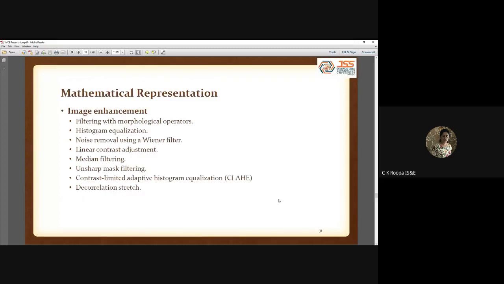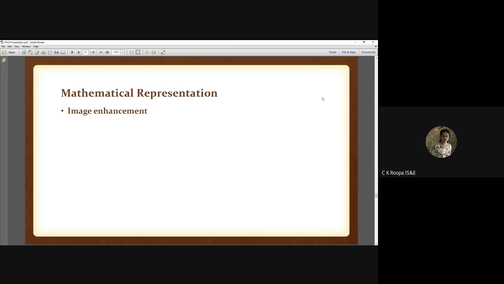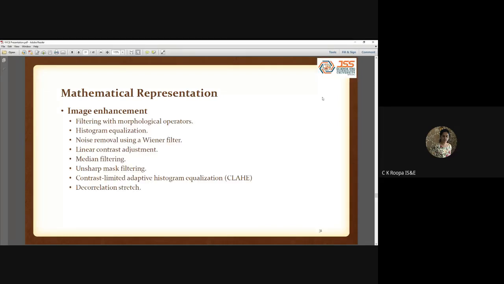Right. So there are some mathematical representation methods available in order to enhance the image. A good example that I gave is the contrast enhancement technique. So these are all the different methods that you can really work on. But one way or the other, these mathematical representations are basically designed to come out with some sort of function. Right. So, for example,